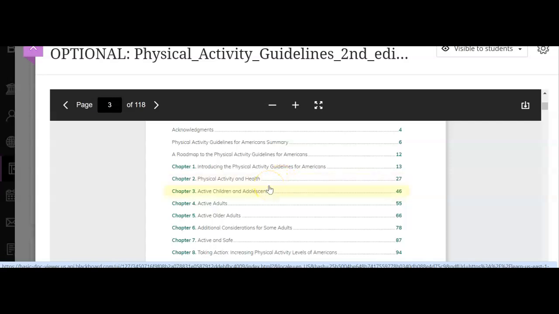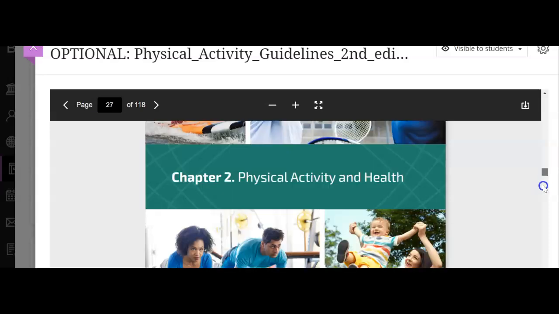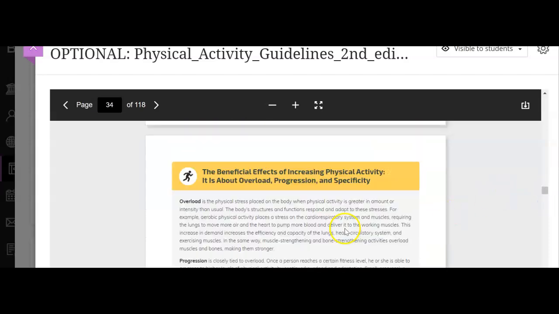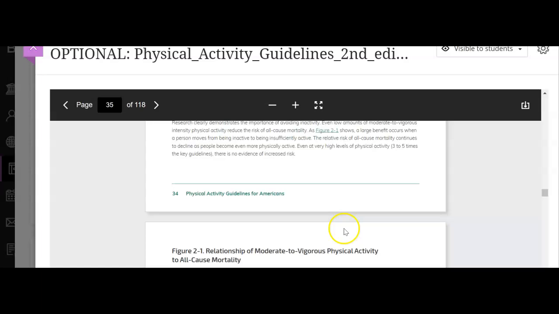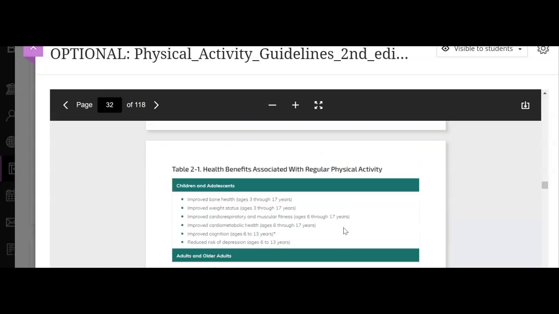It's just a great resource. What I want you to do is look at page 32. Yes, 32, and what you're going to see is health benefits associated with regular physical activity.